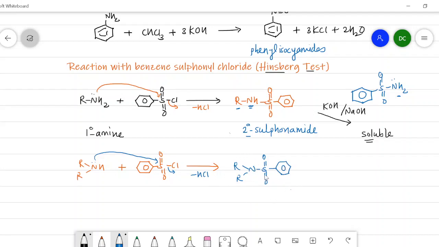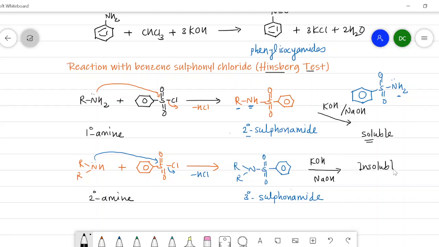Now the nature of this sulfonamide is tertiary. So from this reaction, it is again clear that a secondary amine gives a tertiary sulfonamide when treated with benzene sulfonyl chloride, and this tertiary sulfonamide, when treated with KOH or NaOH, remains insoluble